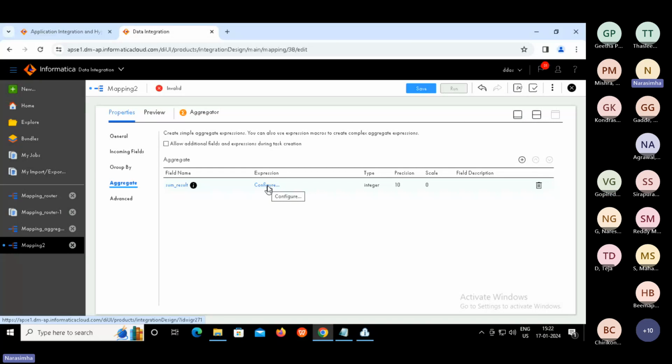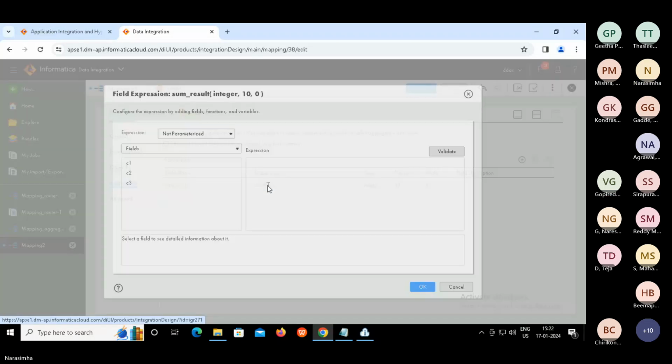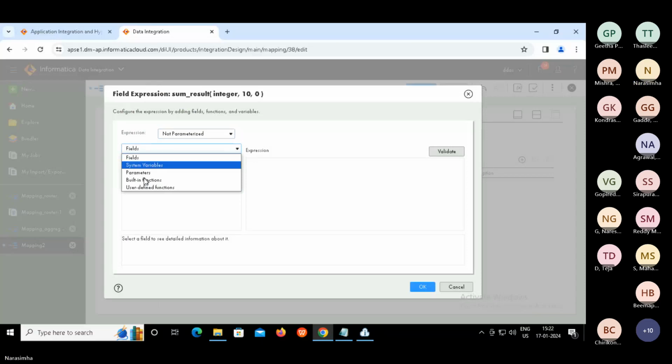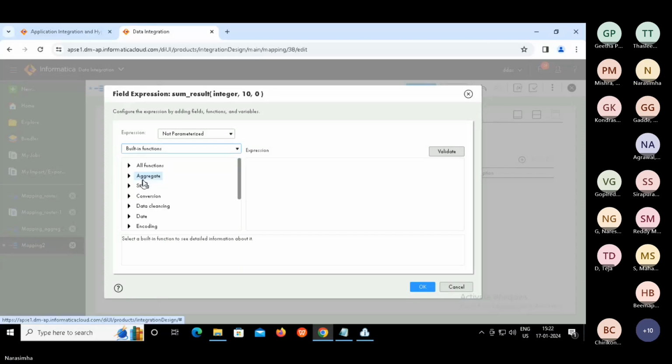Now click on configure. Same procedure. Click on drop down and select Built-in functions. Now expand aggregate. Here you can see many functions, right? One of them is sum.